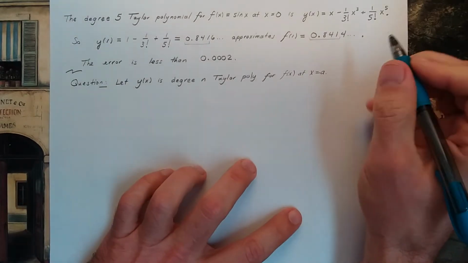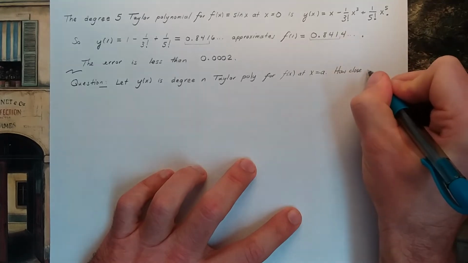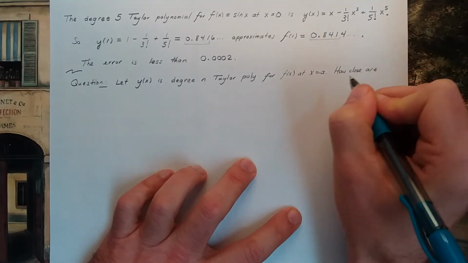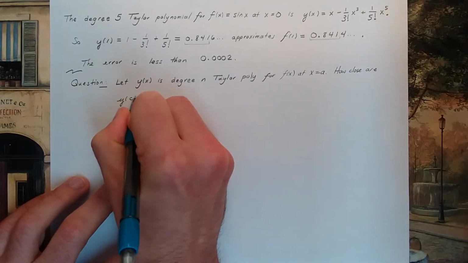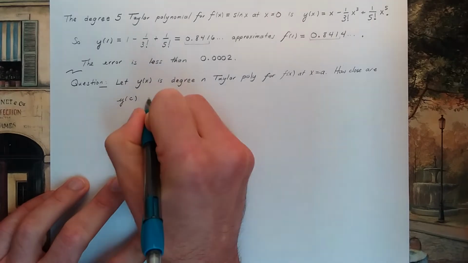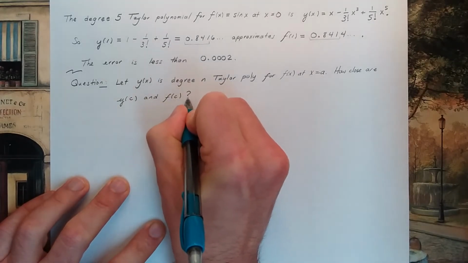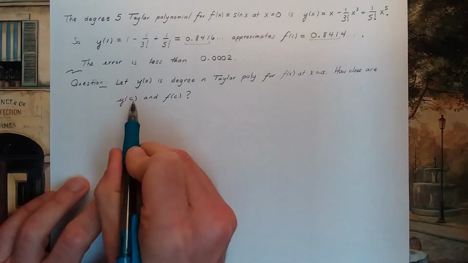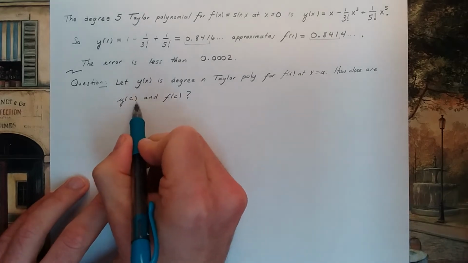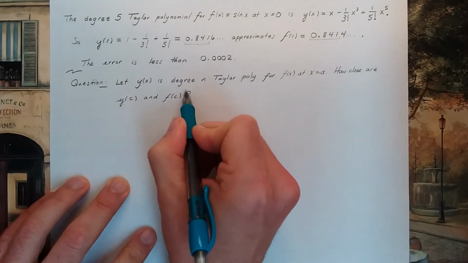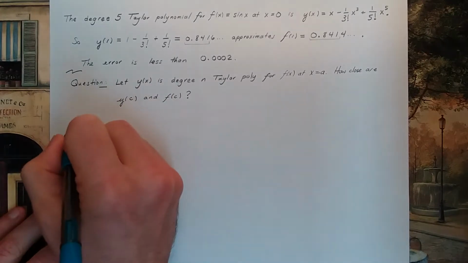The question: how close are the values of y of c and f of c? So in this last example, I took c to be 1. How close is the actual value of what I want to approximate with my approximation? So the answer